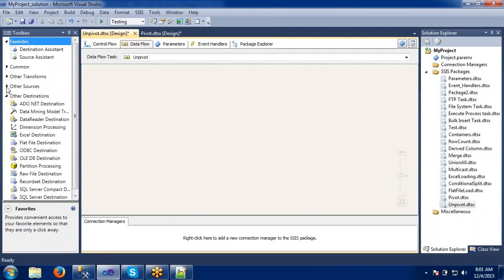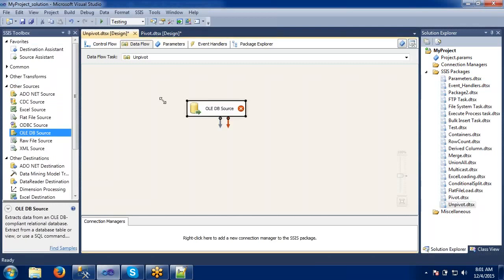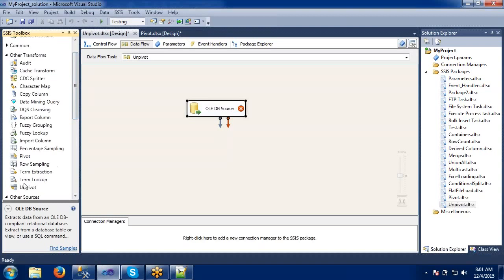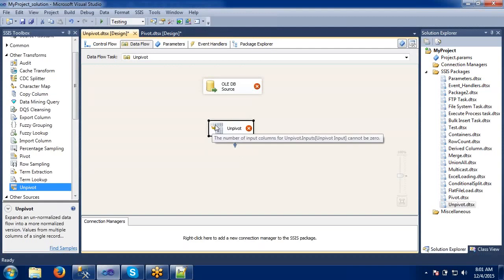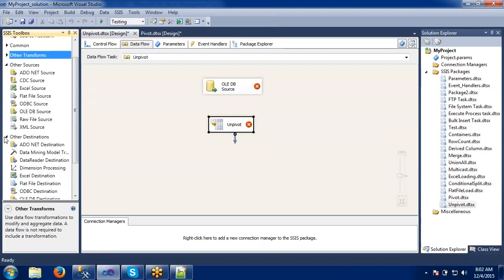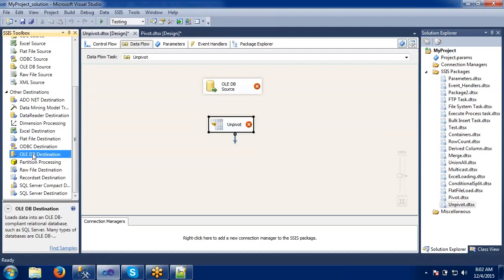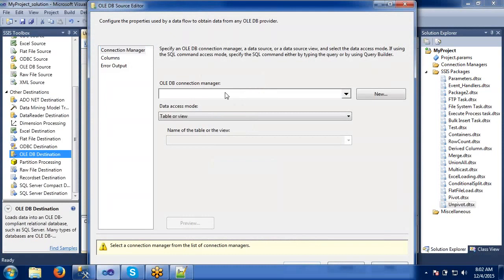So my source is here, OLEDB source only, and the transformation is unpivot. See the icon itself is saying that it converts all the columns into rows, and my destination is the same. There is nothing changed, we have simply changed the transformation. That's it. The same tables we are using here.